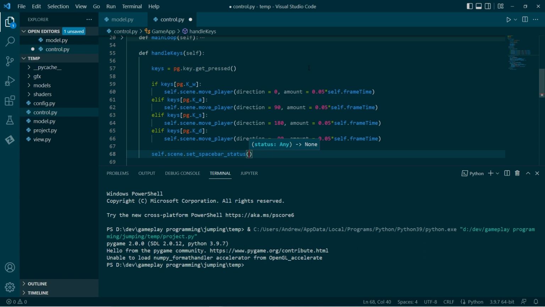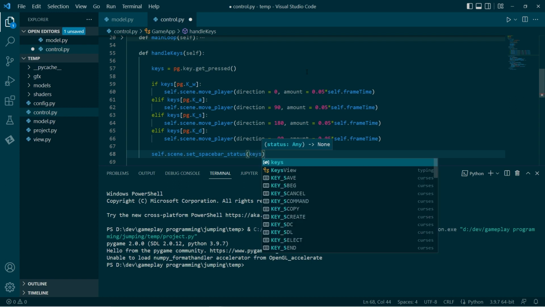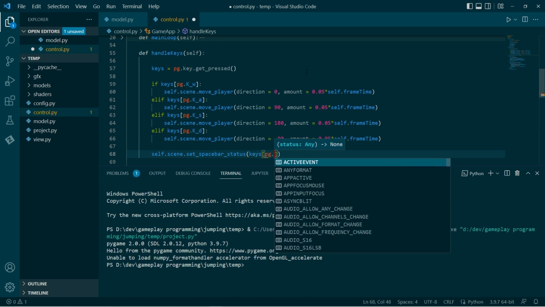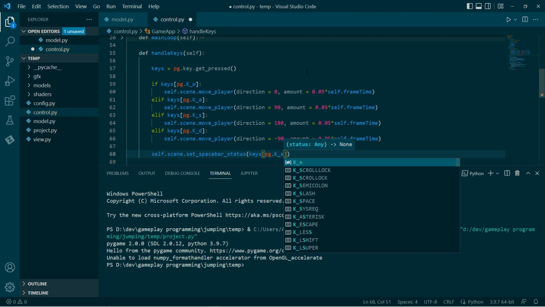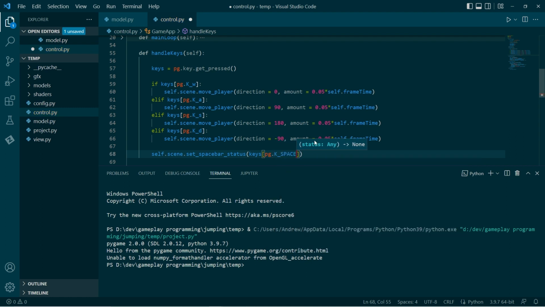Keys is a dictionary, and the keys of that dictionary are the key codes, and the values in the dictionary are booleans, so true or false. So for status, we can go look into keys, look for Pygame space key, and that'll be either true or false. We can pass that along.